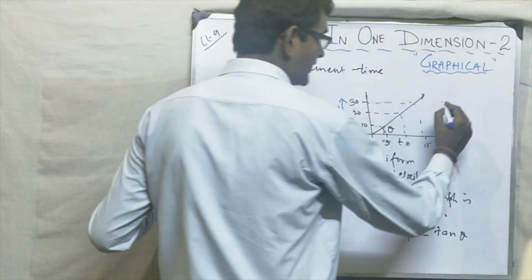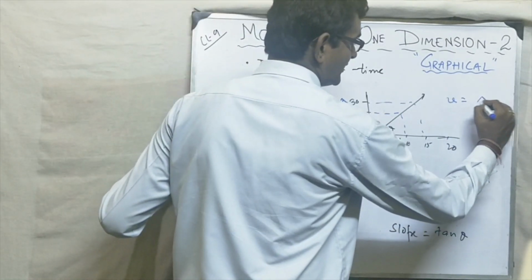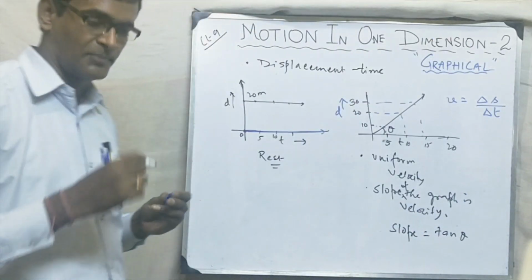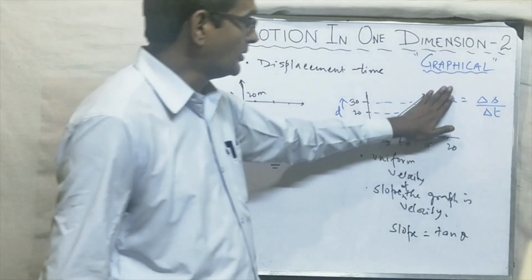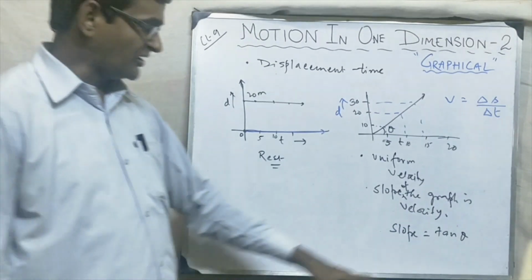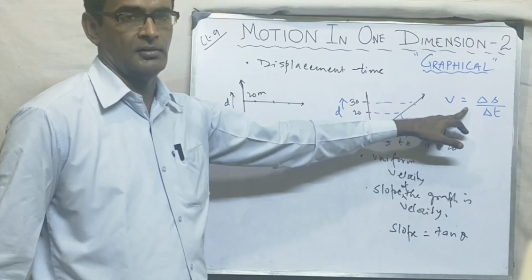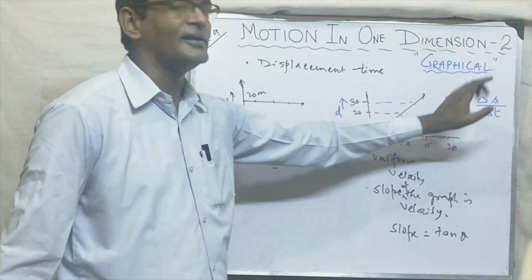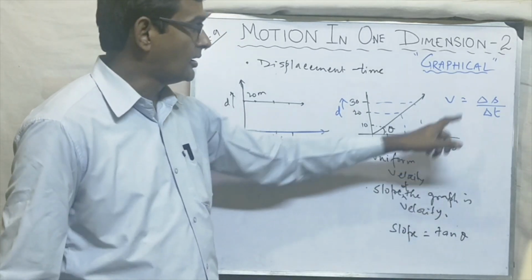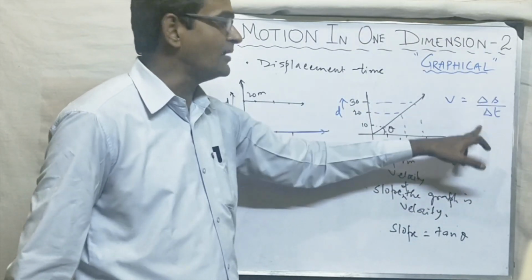So if I want to find the velocity, what will I take? I will take a small displacement by small time. Okay, please note it down: small v. So what is the velocity? Slope. So how to find the slope? One way is with the help of trigonometry. If we don't know trigonometry, how will we find it? Let's see: del S by del T. Because you haven't done trigonometry now, you don't know slope. Okay. So there is another way where nothing is required: del S by del T.